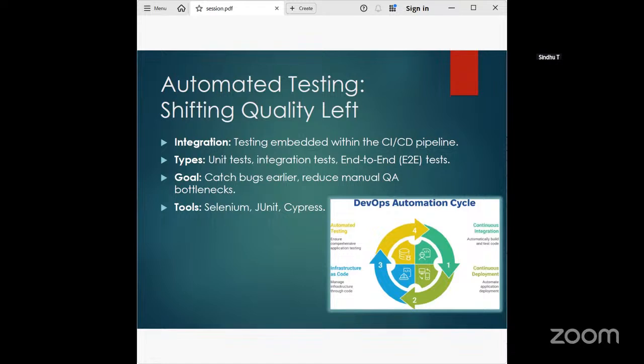So automated testing is crucial in the CI/CD pipeline. The tests must run automatically. We shift the quality left, meaning we find bugs earlier in the development process. On the left hand side we have development and on the right hand side operations, like this flow. So from left to right we have development and operation. It means finding the bugs earlier in the development process, when they are cheaper and faster to fix.